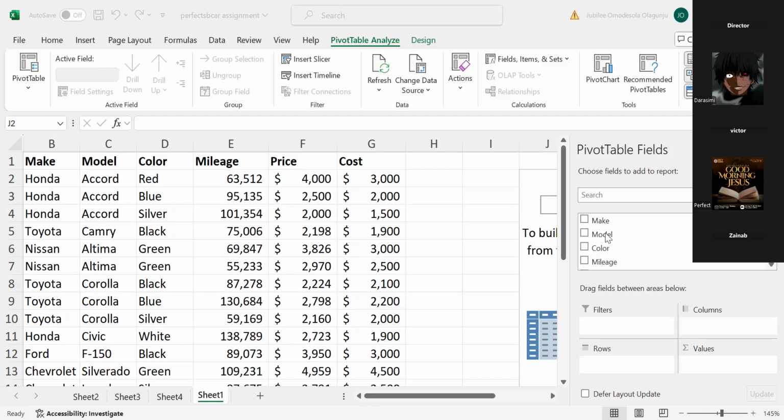Are you speaking again? Victor, Perfect. Yes, go ahead because you have just unmuted yourself now. First, you do the insert pivot table part, and then after that, you go to the pivot table fields, and you select make, model, and then price, mileage, and that. And then after that,